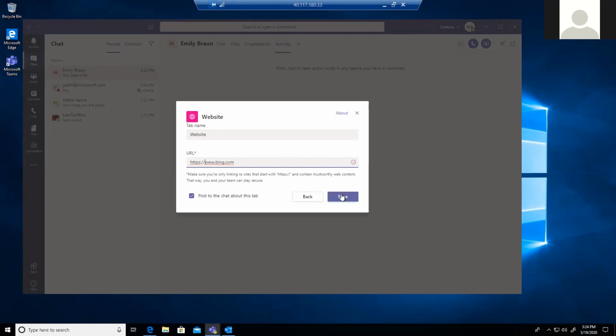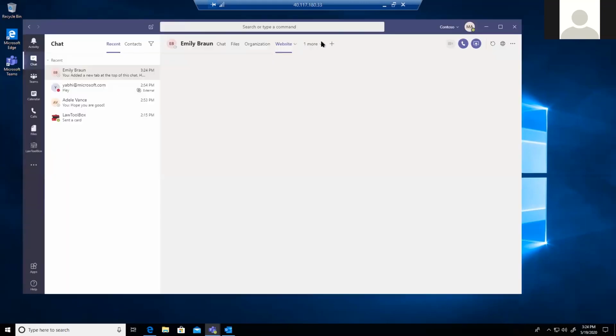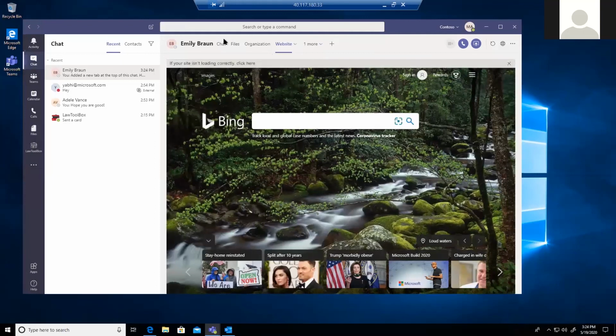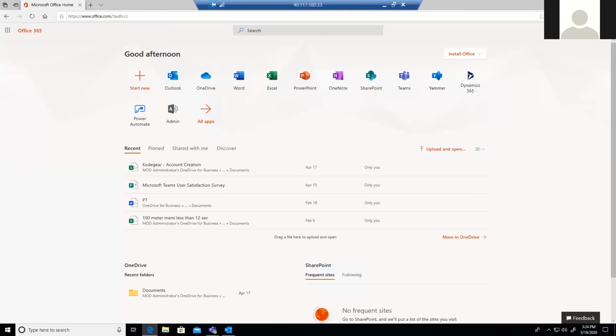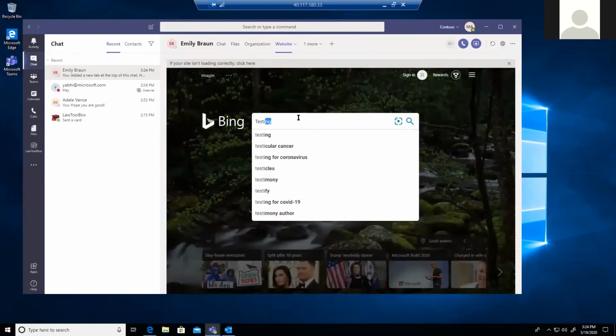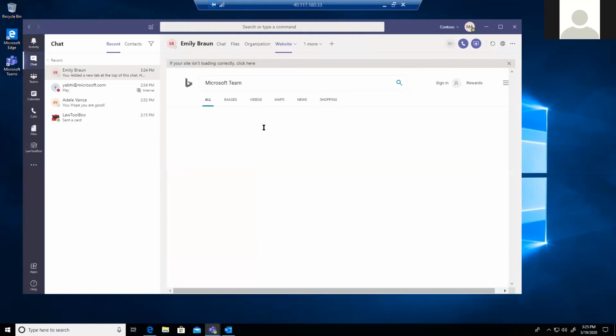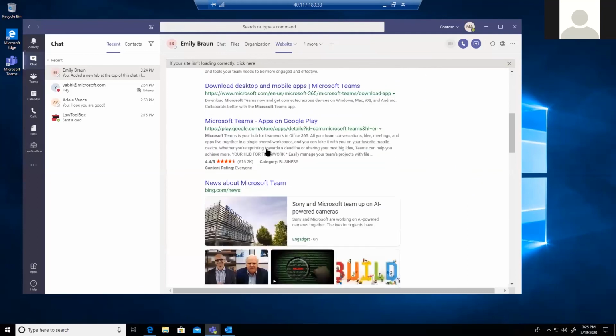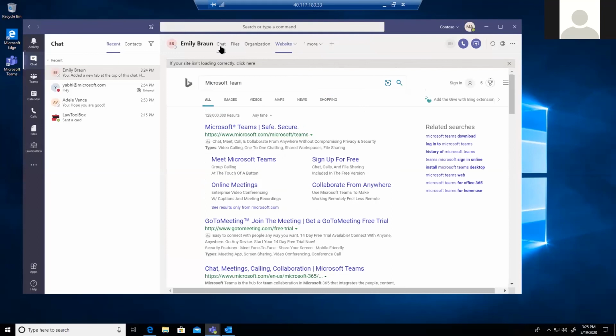https:// save it. Once I do that, whenever I go to the website, it will open that website. So I do not even have to open my web browser and go to the new tab and do all those things. If I want to find something quickly, or I want to know what it is, I can just type here. And here's my search. It works like a browser for me here. Okay, so this is how you actually can utilize Teams chat.